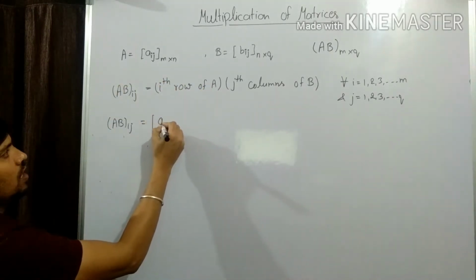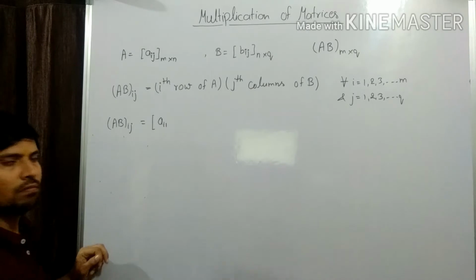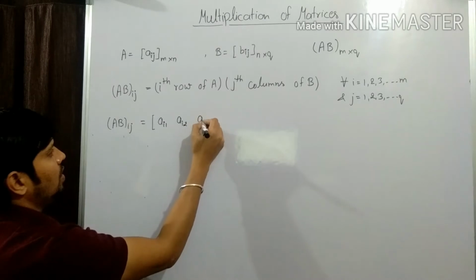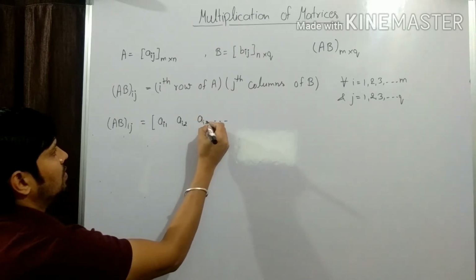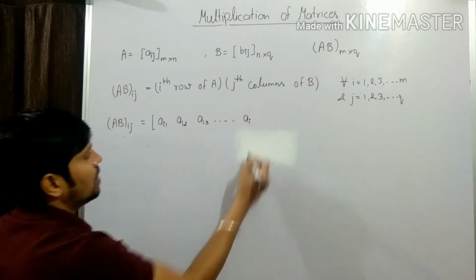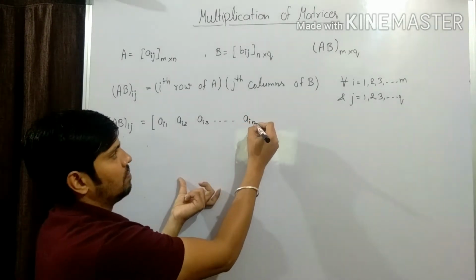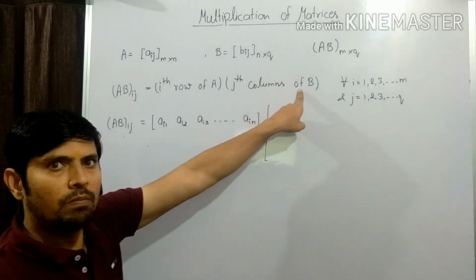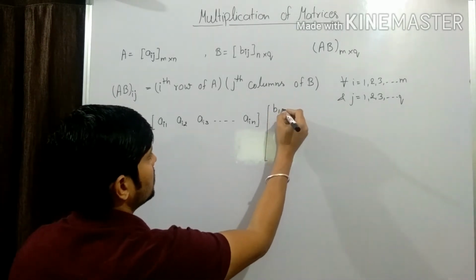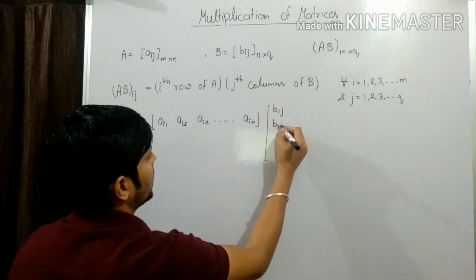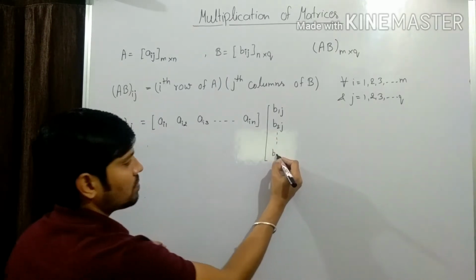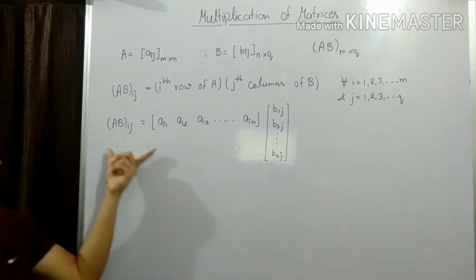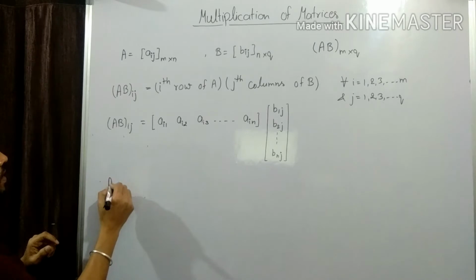That is (AB)ij. This is the ith row of A: ai1, ai2, ai3, up to ain, and the jth column of B: b1j, b2j, and so on, up to bnj. And this can be determined by